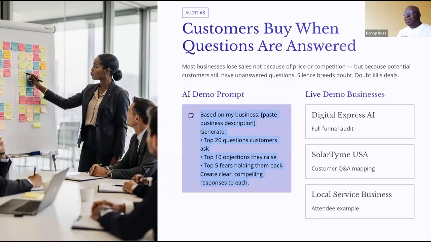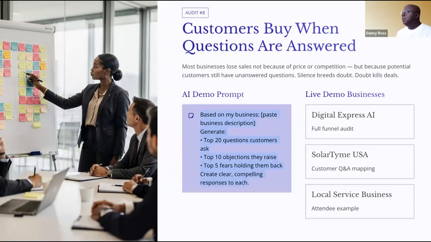If you do those two prompts, you're immediately going to have a foundation that you can go on to this next one here, which is audit number 8. If I take this prompt and throw it into our favorite buddy, Mr. ChatGPT, which I use more than any other one simply because I do. You don't have to use ChatGPT. You can use any large language model or LLM that you like and prefer. There's lots of different reasons why people like different ones. So it's just a matter of finding the one that you like. Let's grab this prompt here.